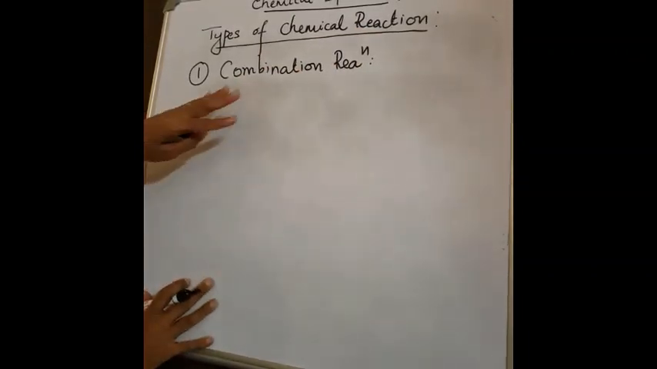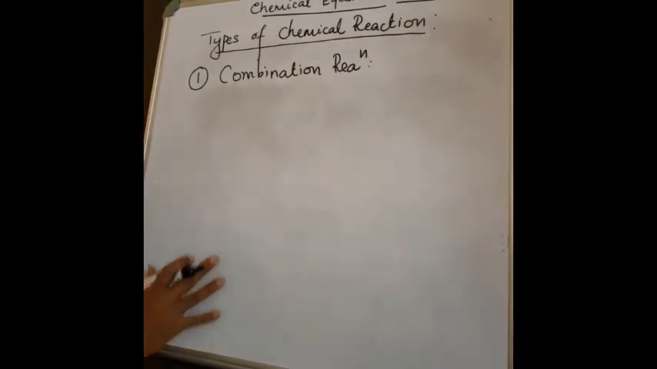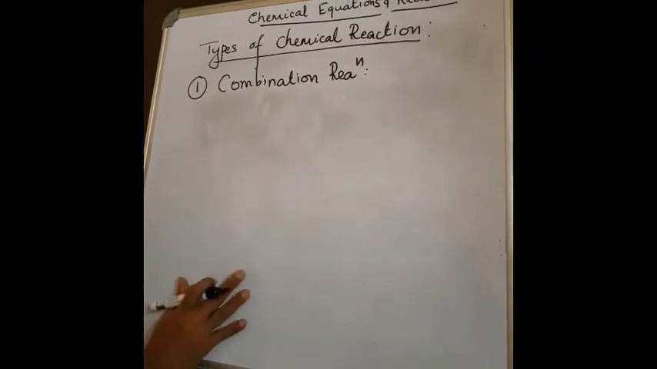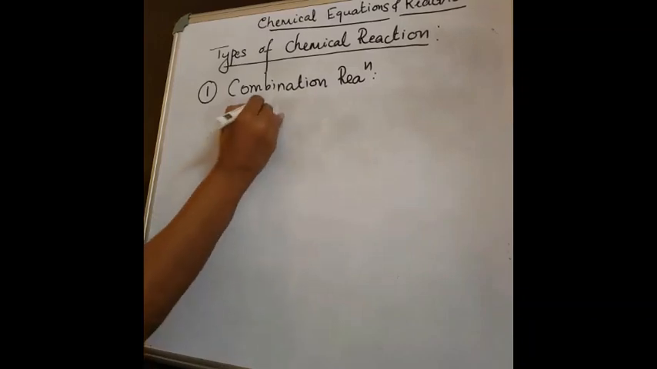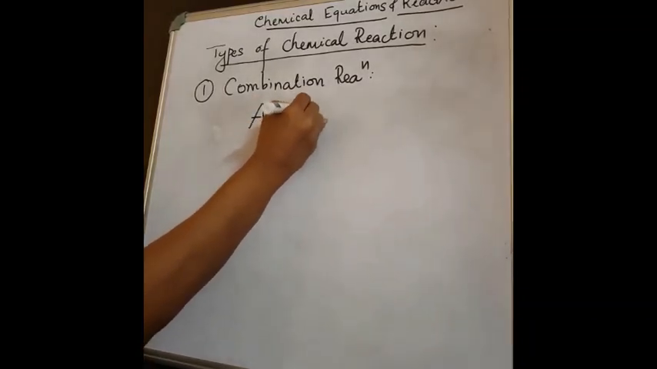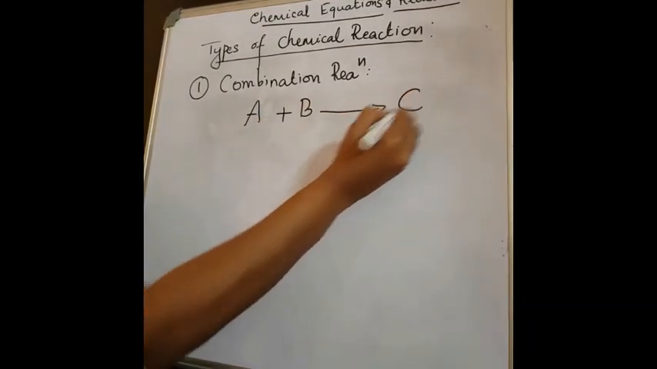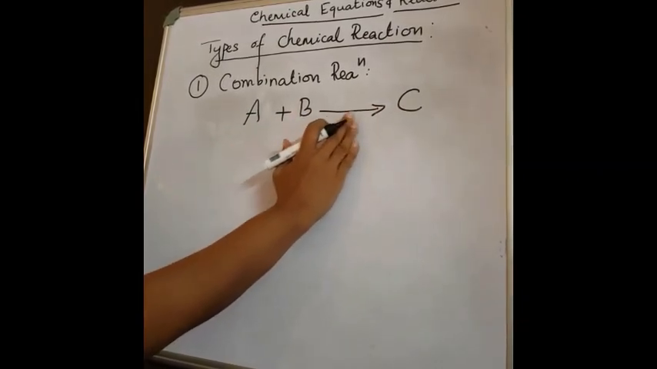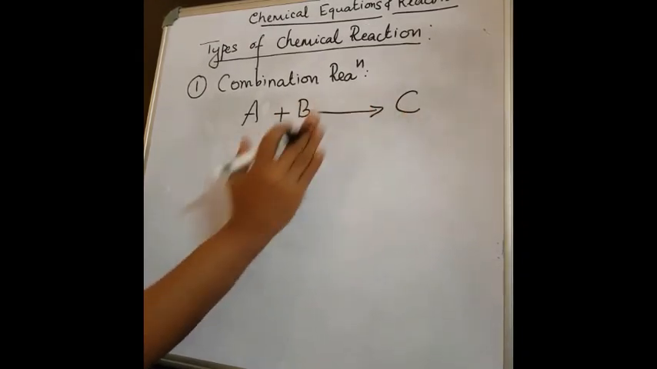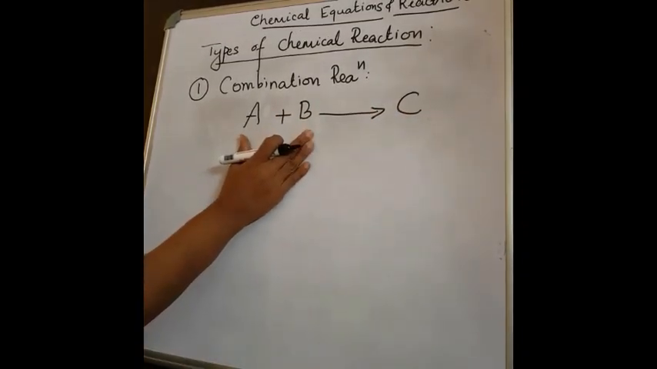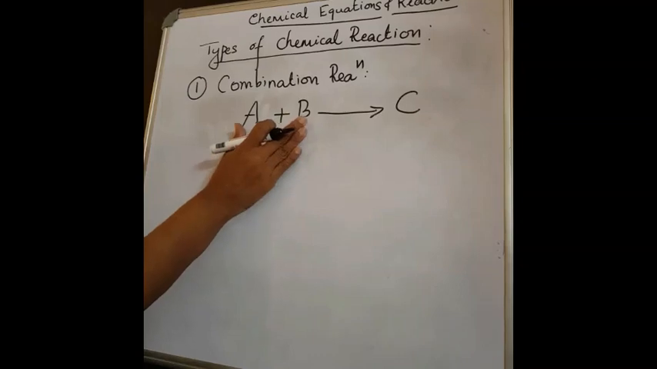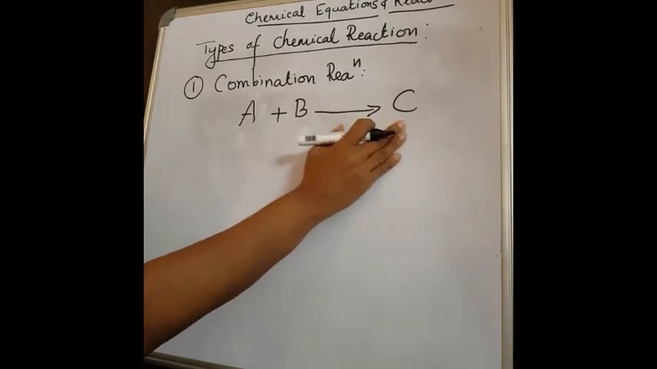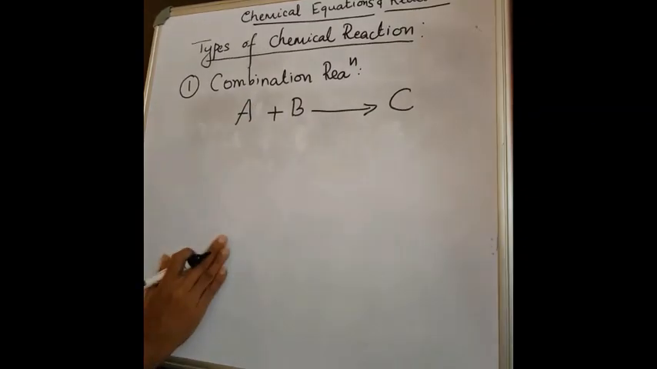So we will deal with combination reactions today. As the name itself indicates, combination means combined together. For example, if I am writing A plus B giving C, the one on the left hand side is the reactant and the one on the right hand side of the arrow is the product. So how many reactants are reacting? 2. So 2 reactants react together to form a single product,